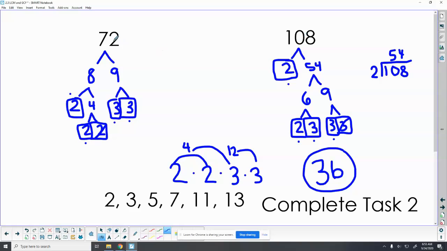And it also goes into 72. So the biggest factor that goes into 72 and 108 is 36. Okay, so there's a couple different strategies you can use to find the GCF. You can either make a list, or you can use the factor tree and find the prime factors, match them up, and multiply any matches. Okay, let's